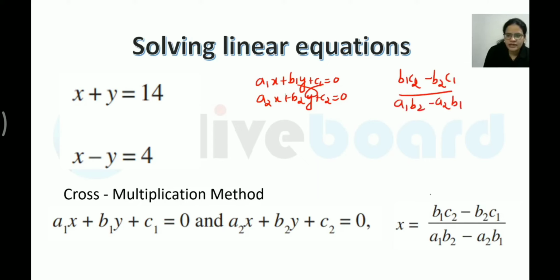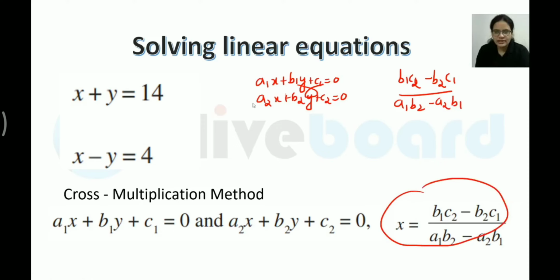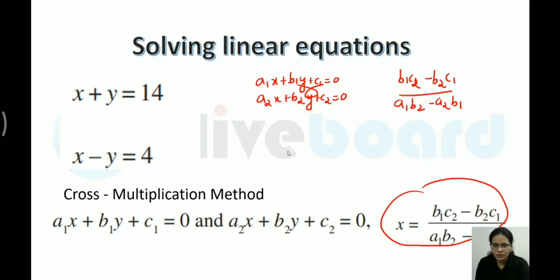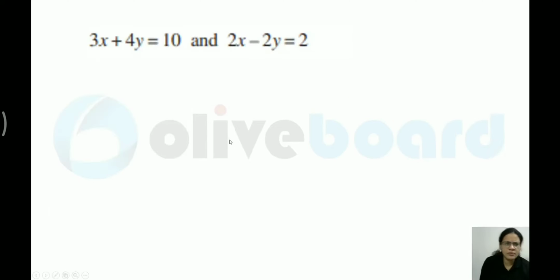Are you getting it? This is how you have to calculate the x. So I think this shortcut is clear. I am going to explain a few questions so that it becomes clearer to you. Let me move on to the first question. Now don't apply the basic method. I want you to apply the shortcut over here. You can pause the video and try the shortcut on your own.